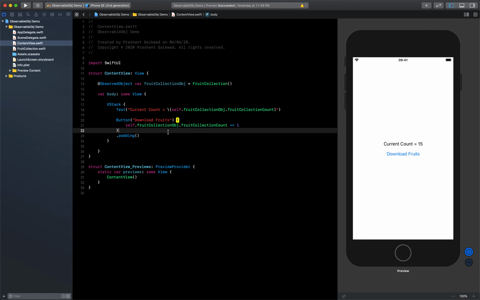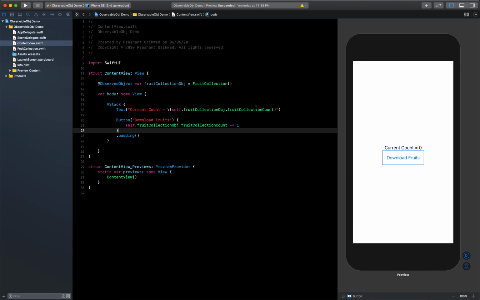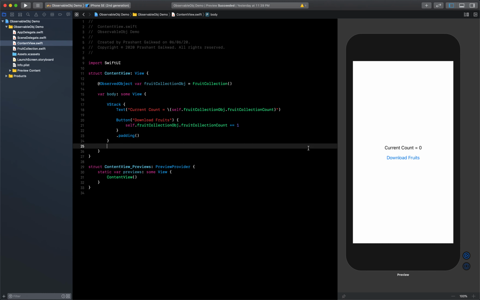So what we are going to do is, to understand the environmental object, we'll take one more example and see how it is different basically from this observable object. So suppose you have this one view where you are just clicking the button, downloading the data from the server, updating your model classes, and once that model gets updated, the view is also reflecting the updated changes. This is one way, one-to-one is happening. So one class, one view is updating the backend and updating your data also.